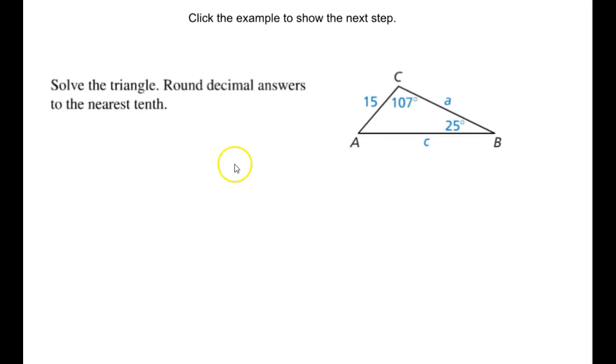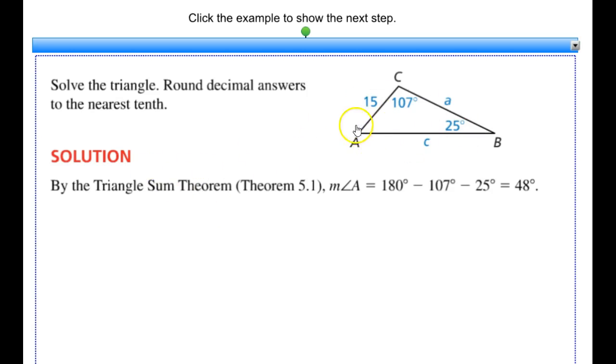So now here's another example. So here I'm given two angles and one side length, whereas before I was given two side lengths and one angle. So I can follow my same steps and find the different side lengths and the missing angle. The first thing I would do is find my missing angle. Because I already have two of them, I subtract them from 180 and I see that